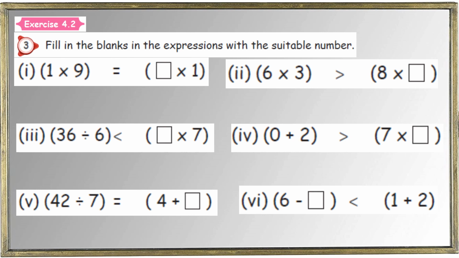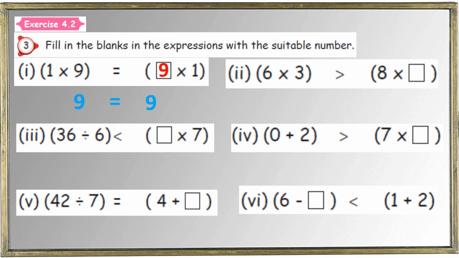So we can get the help of that symbol. What symbol is here? Is equal to symbol, isn't it? Okay, so listen here. 1 nine is 9. That's equal to, right side also should be 9. Why? Because we put the symbol is equal to, isn't it? Fine. So both sides should be tallied. Now if we multiply with 1, we must get 9. What will be the number? 9 only. 9 ones are 9. Now it's clear, I think. So both sides should be tallied.